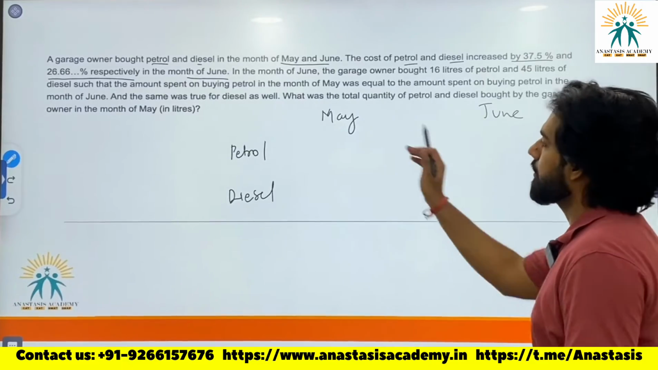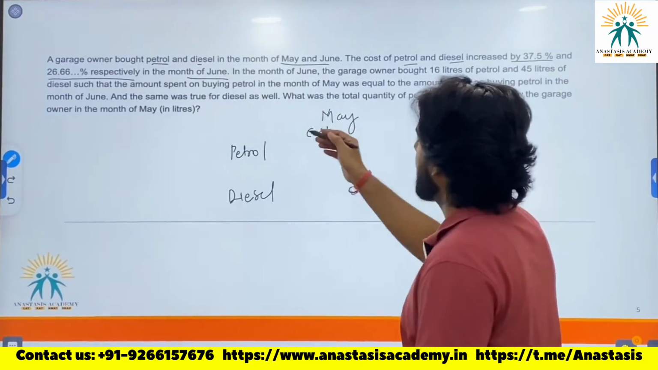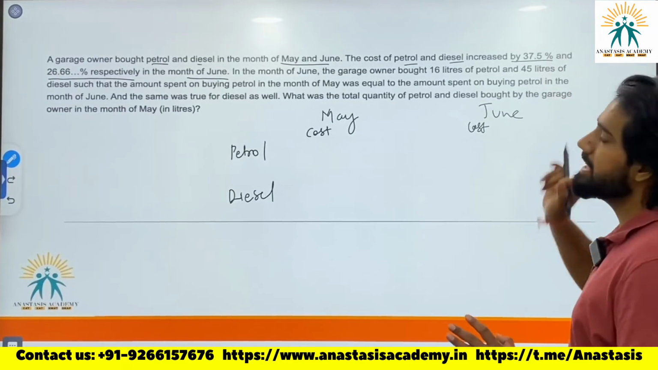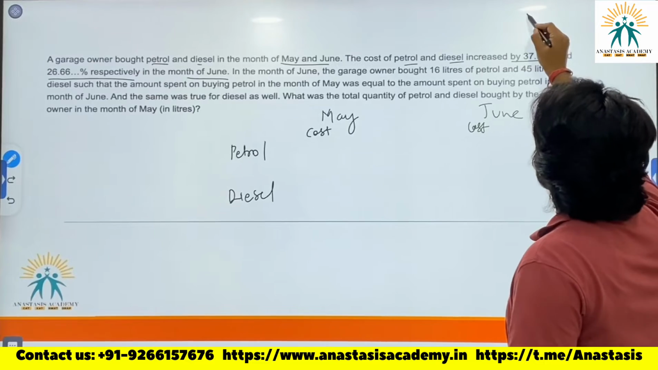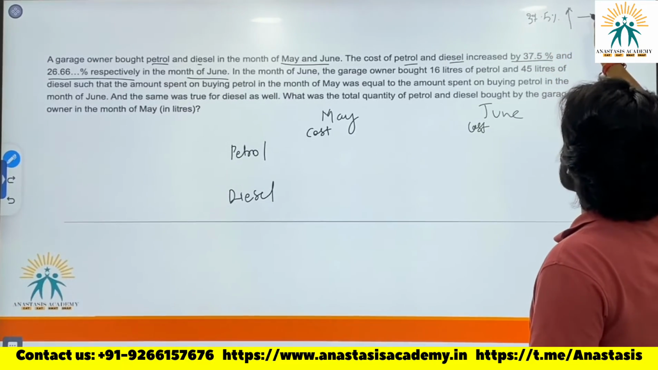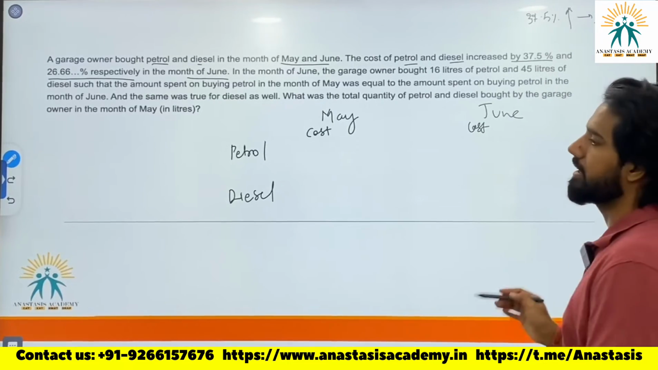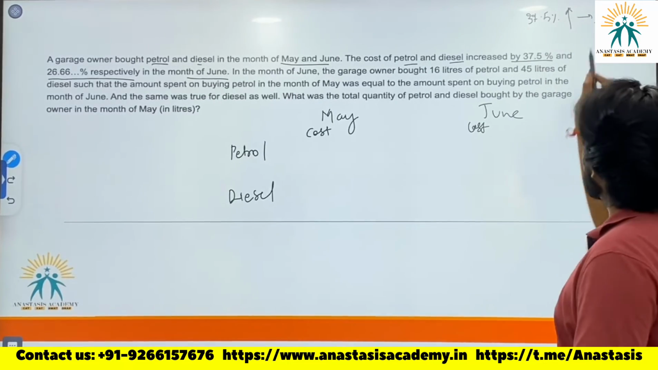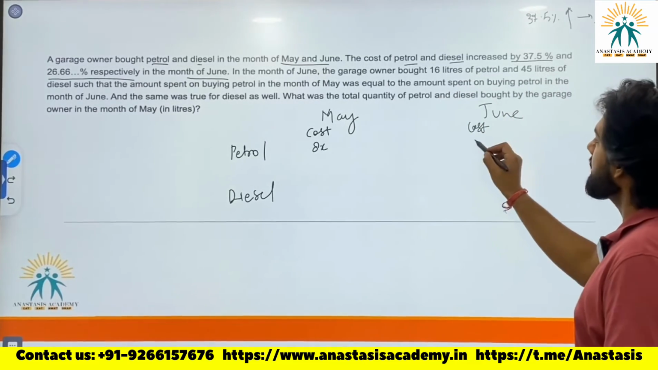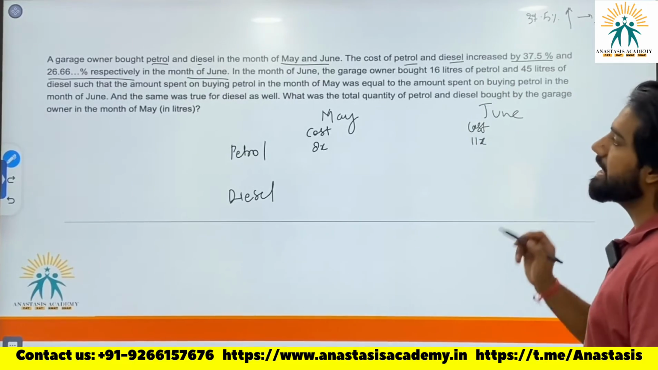So let's just write the cost for petrol and diesel for each month. Cost of petrol has increased by 37.5%. A 37.5% increase corresponds to 11 by 8 in fractions. So the cost earlier was 8x in May, now it has become 11x. And for diesel the increase is of